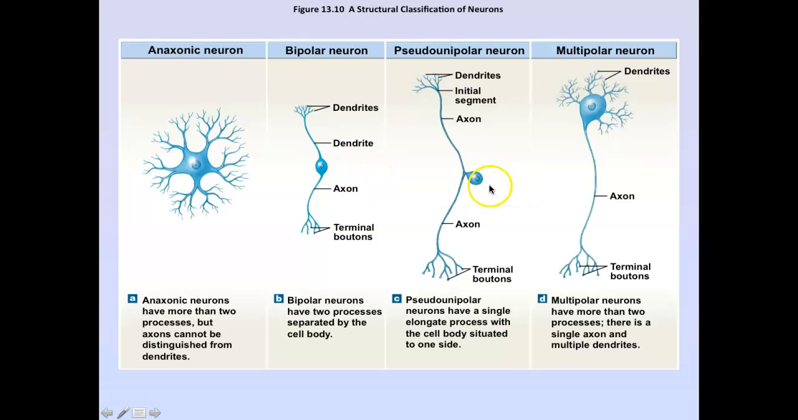So this one over here looks a little bit like bipolar, but it's not. You see how the cell body lays off to the side and you have a little bit of a stalk. And then you have an uninterrupted fiber that basically runs in both directions here. Interestingly, they're both considered axons, but you do have a dendrite end, you do have the terminal end, and so